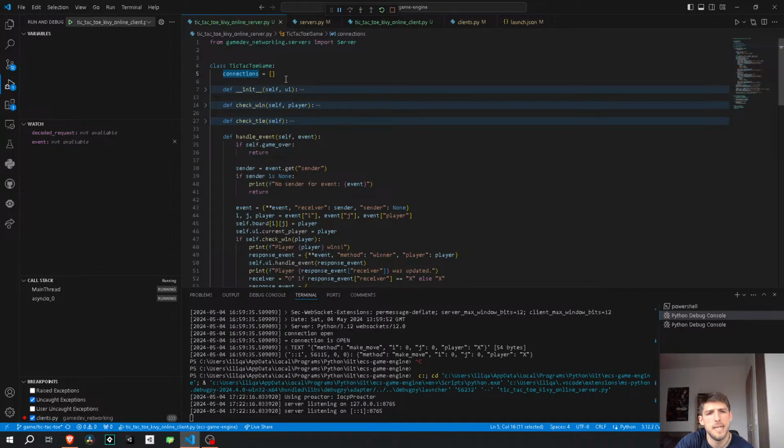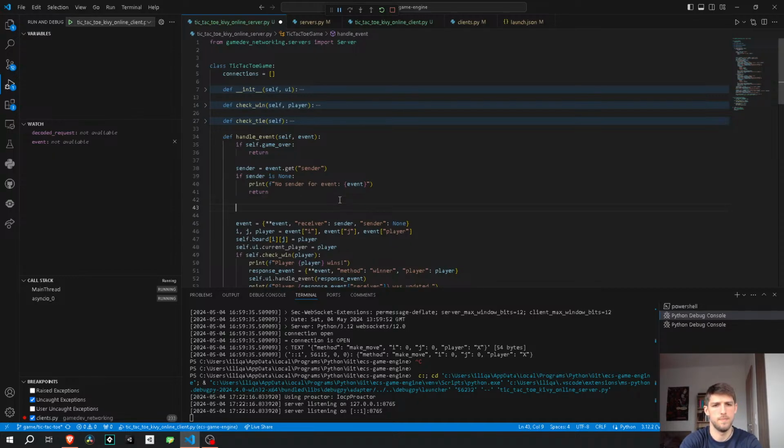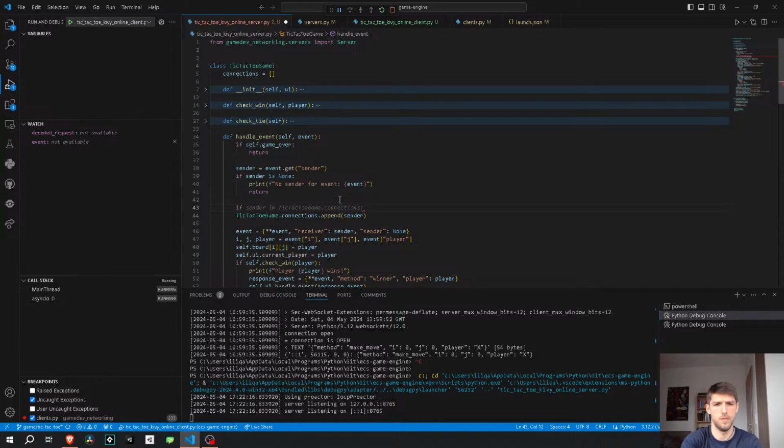So basically what I can do is first add the player if it's not in already. So we check for the sender, and the sender is there. What we do is, or to make it more obvious, connections append sender,